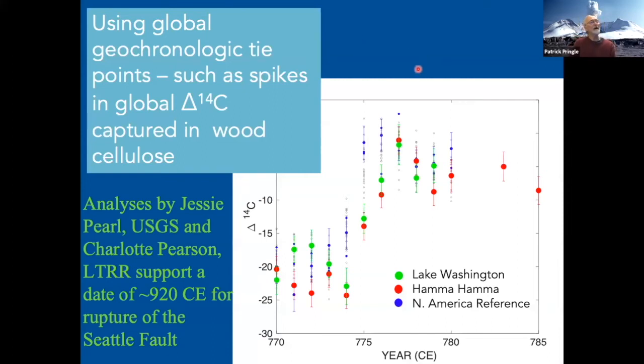Jesse Pearl and Charlotte Pearson at the Tree Ring Lab, and Brian Black, also helped out on this. Jesse worked up the data to look for these radiocarbon spikes that were due to the cosmic ray bursts in 774 and 775 AD. And indeed, they were able to find them in the Lake Washington trees and in the Hamma Hamma trees. And so that was able to confirm this cross dating of an event that shows the Seattle Fault ruptured about